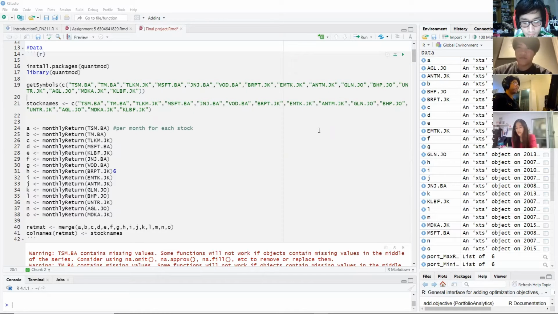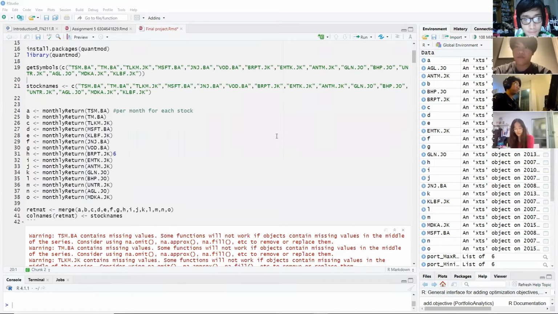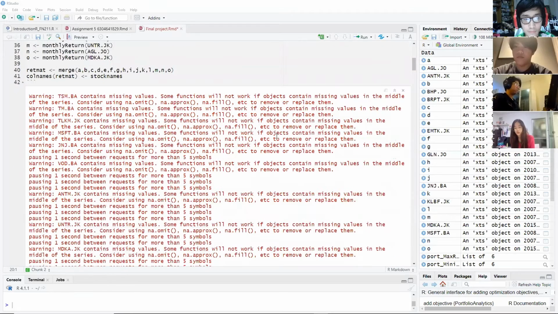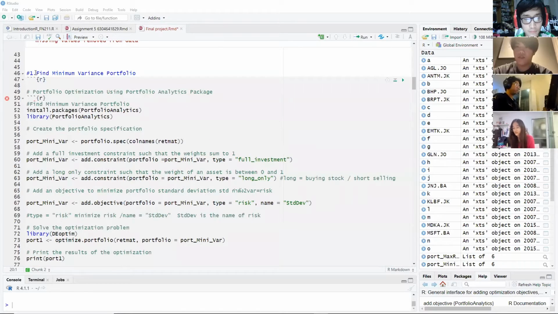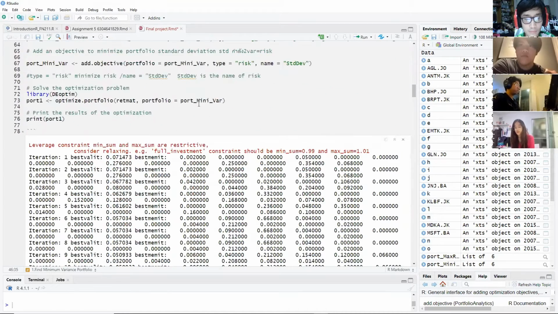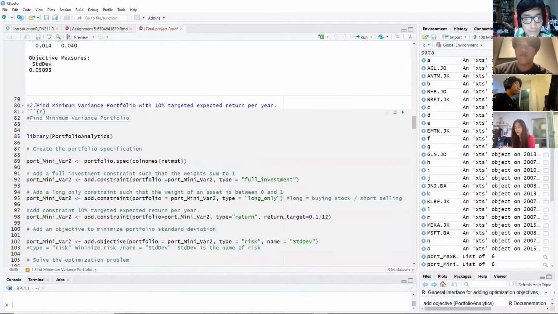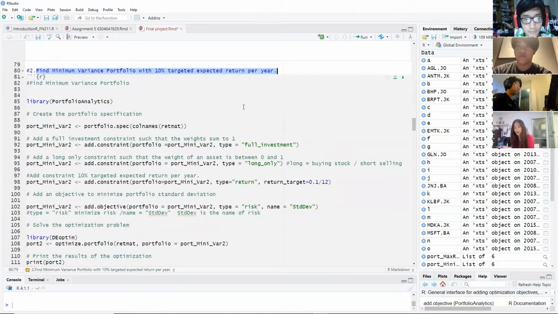We will present our project. We joined an investment company and supervisors to pick 15 stocks in the Stock Exchange of Thailand. After we picked our stocks, we created three portfolios. First, we show a minimum variance portfolio for a low-risk investor. Second, we show a minimum variance portfolio with a 10% target expected return per year,